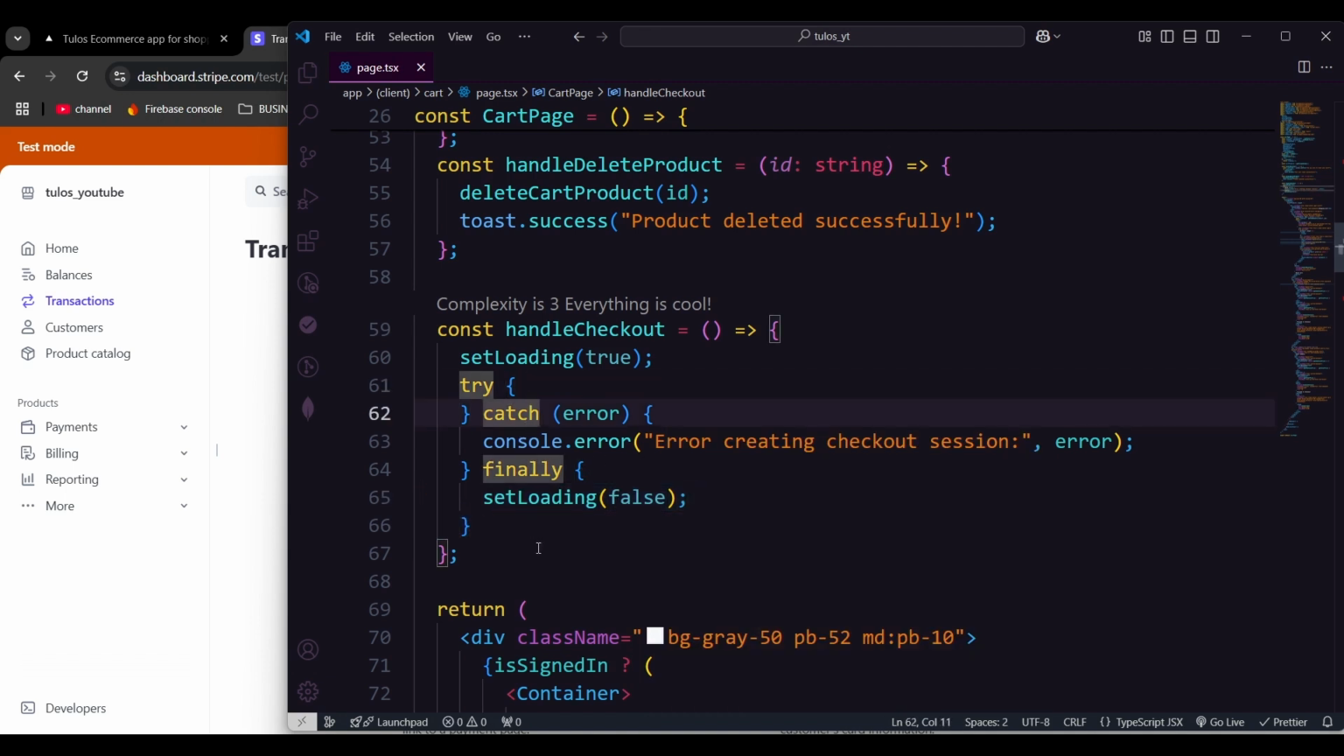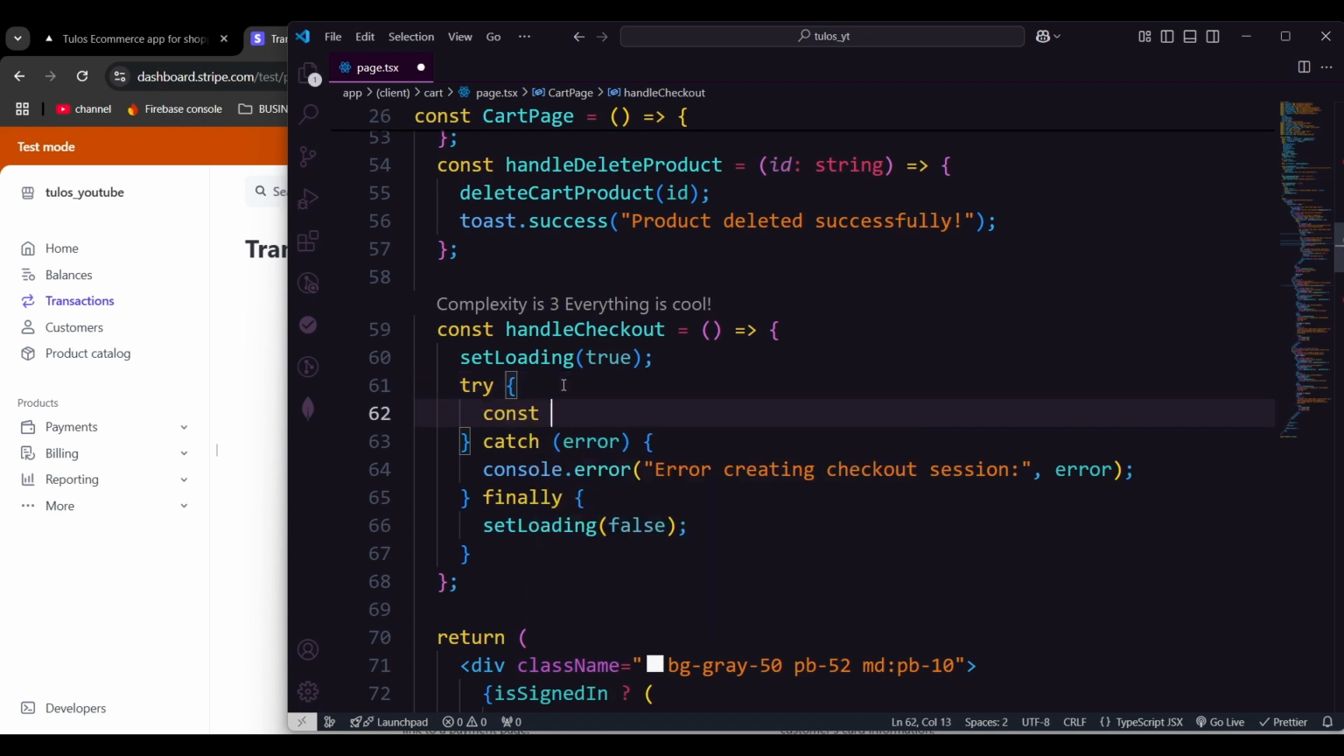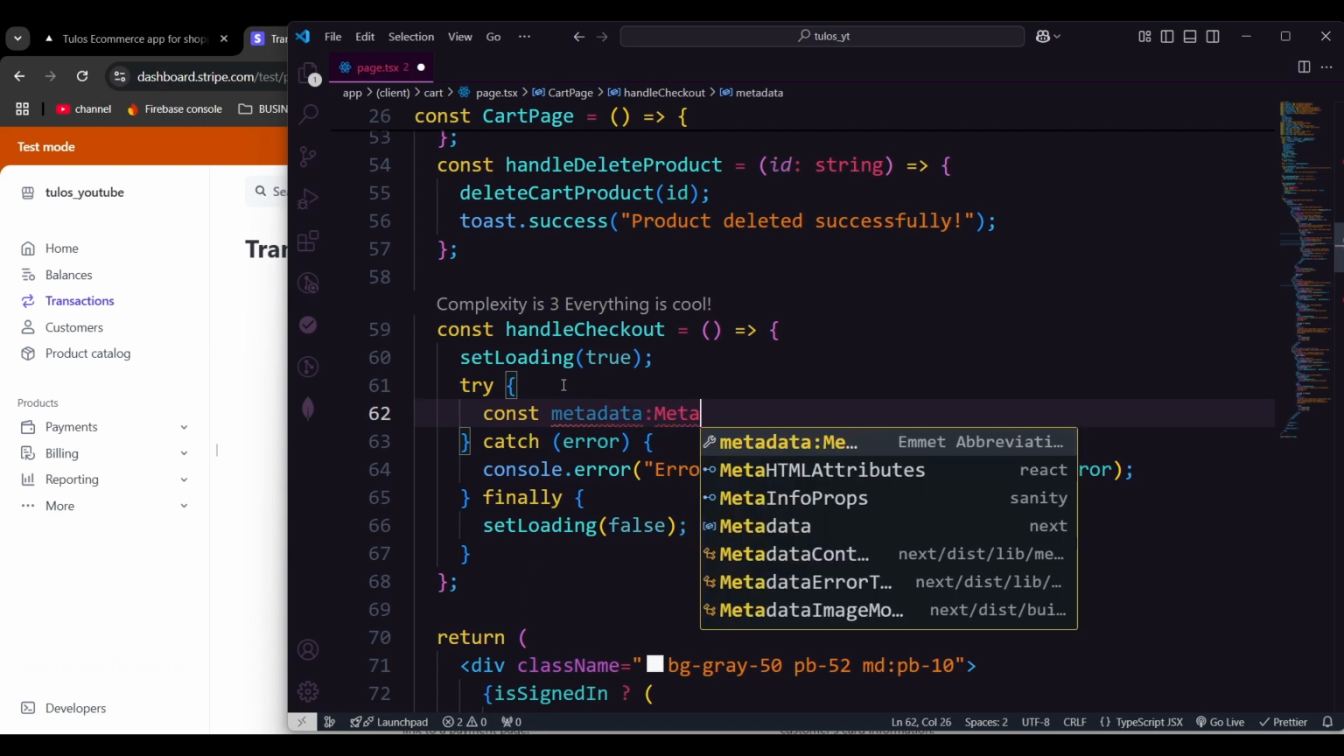So every time I hit that handle checkout, it will run through here. First I'm making loading true, and until this action finishes, it will stay true. Now I'm going to create a metadata, and that metadata should be the metadata which we are